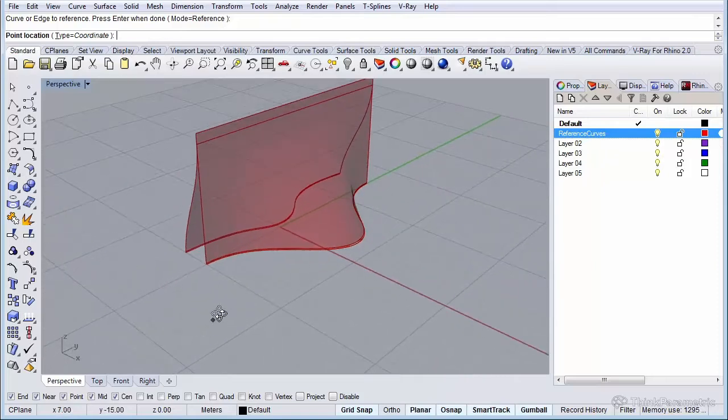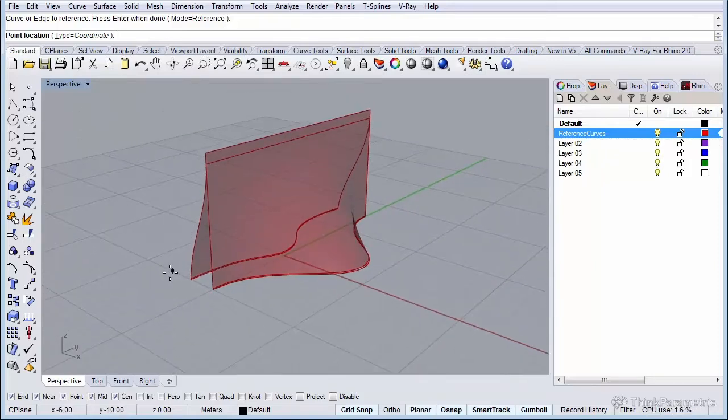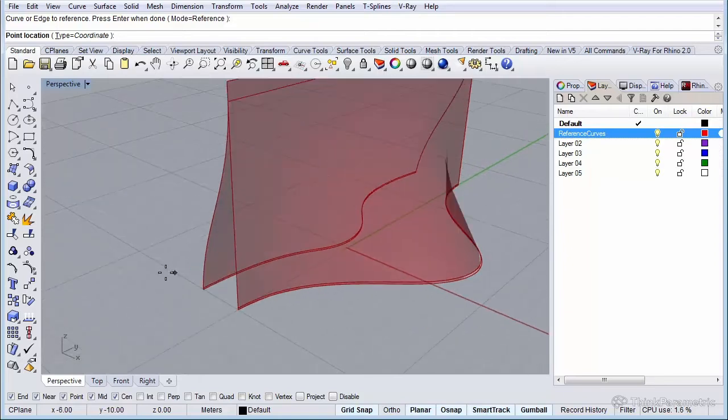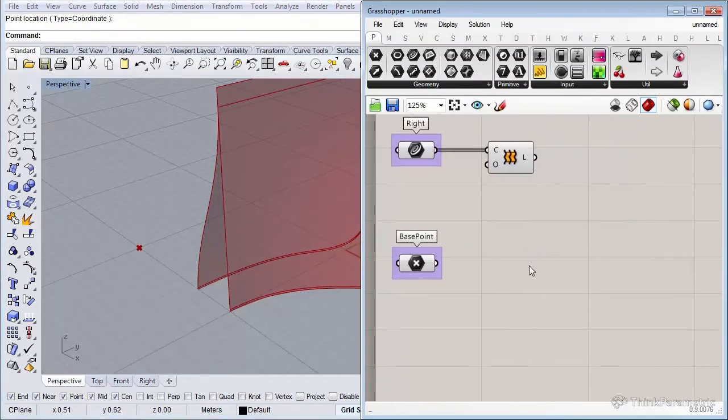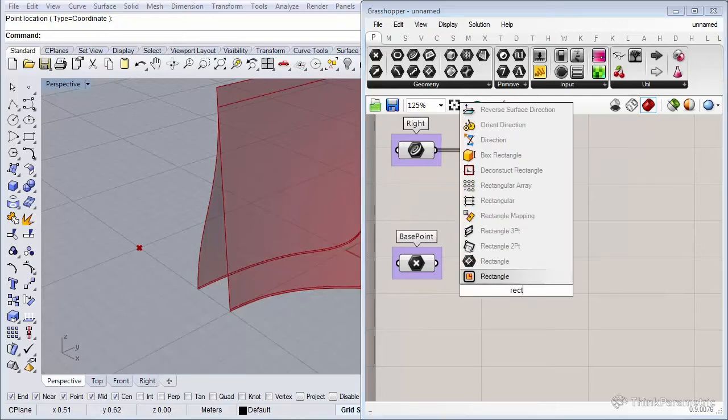And let's set a point in Rhino, because we're going to project our grid on top of this surface, as we will see in a second. Let's pick it more or less in the beginning of our surface, more or less here. And let's also insert our rectangular grid, which is this one.